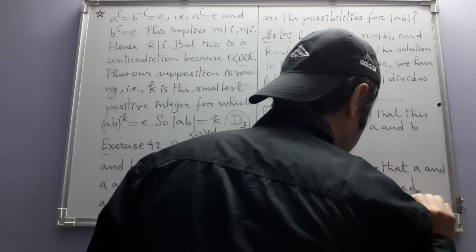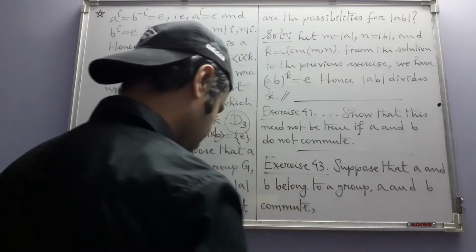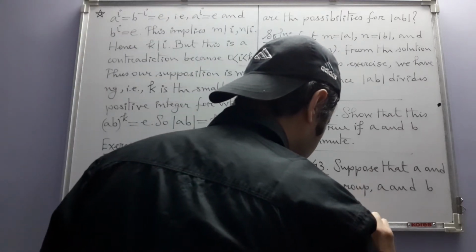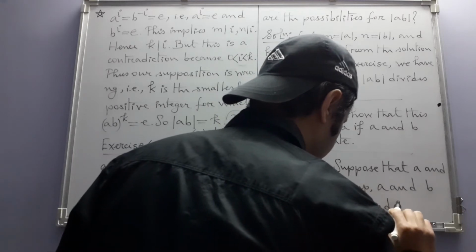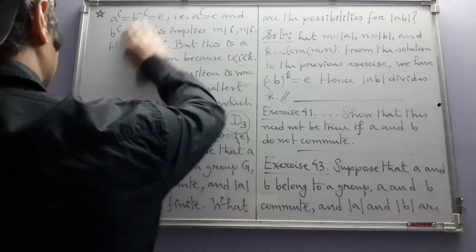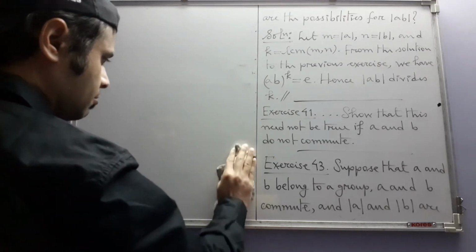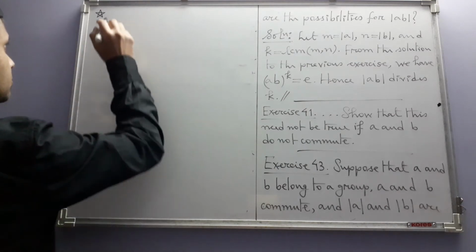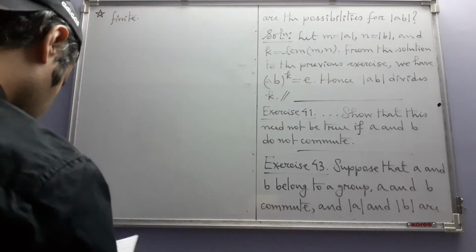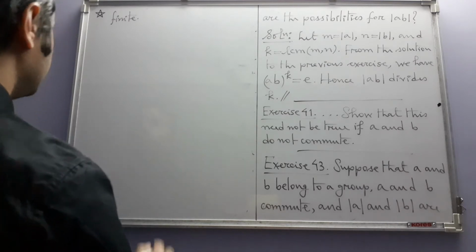Again, A and B commute and these 2 orders are finite. Prove that G has an element of order